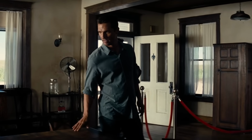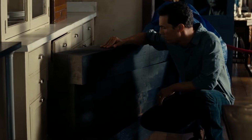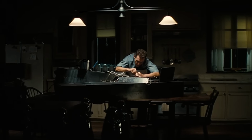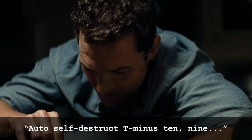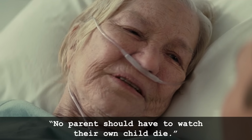And a little detail here, I love how Cooper wipes his fingers on the table because he never knew this house without dust. And evidencing his paternal love for TARS, the first thing he does is reboot TARS on his kitchen table, and they exchange some dad humor. "Humor, 75%. Auto self-destruct, T-minus 10, 9." "Let's make that 60%." Cooper reunites with Murph, who tells him,